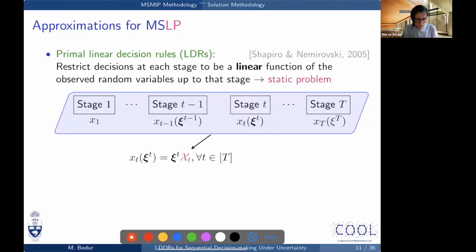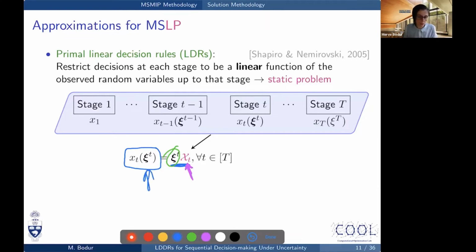So in this linear decisional approach, you say that these decisions that were functions of history, that could have been adapted based on your previous observations of the randomness, I'm not going to give you the full flexibility. Instead, I will enforce them to have this linear form of the random variable realization. So for instance, here, if this vector is giving you all the demand realizations for all the products up to T, you give a coefficient that is put into this new vector or matrix of variables. So you multiply all the demand observations with their associated deterministic coefficients, and that's how much you are going to